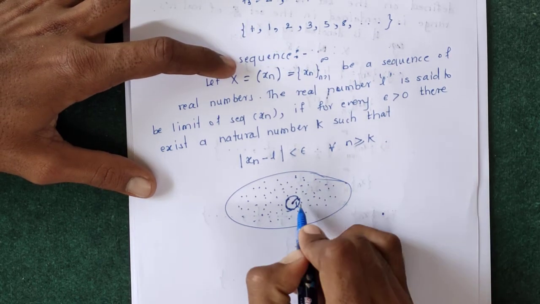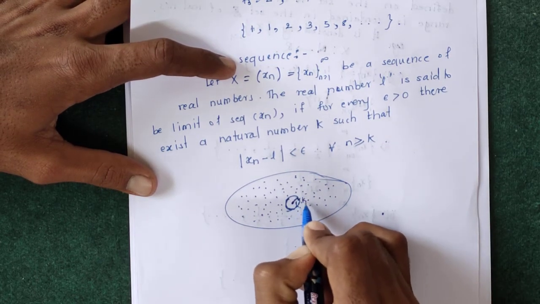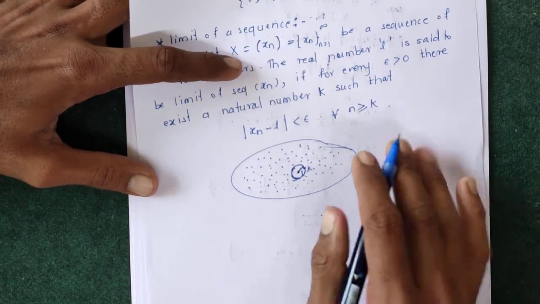So there must be some k such that all the elements